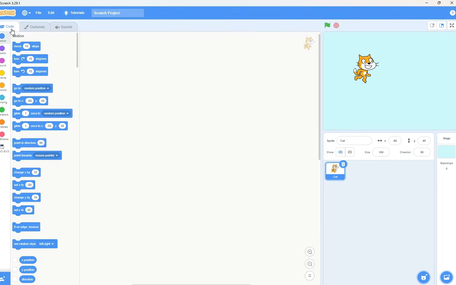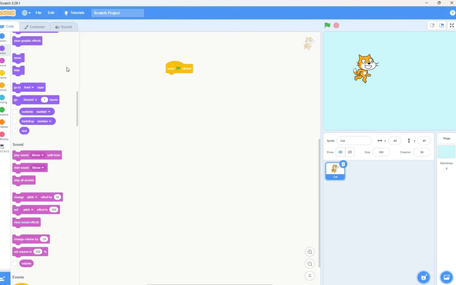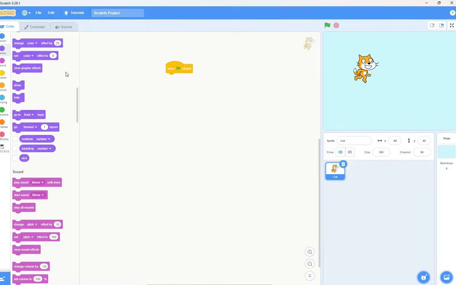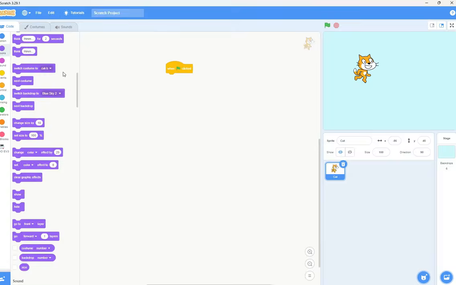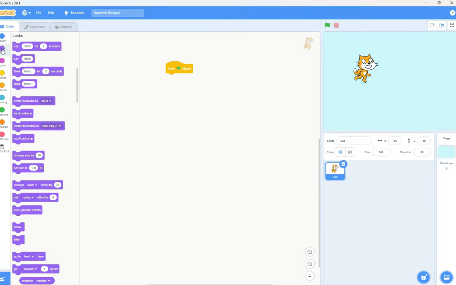Back to code. If you want to animate the cat to move around, first of all you give an event. So let's say when the green flag is clicked, green flag is for go. When the green flag is clicked, you want a change of costume, and the very first costume we're going to be looking at is costume number 1, which is cat A. So let's say looks,